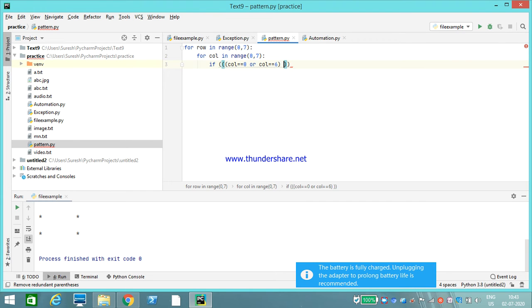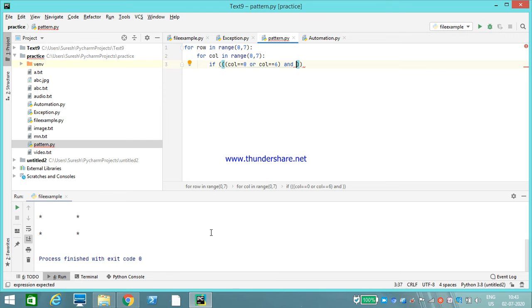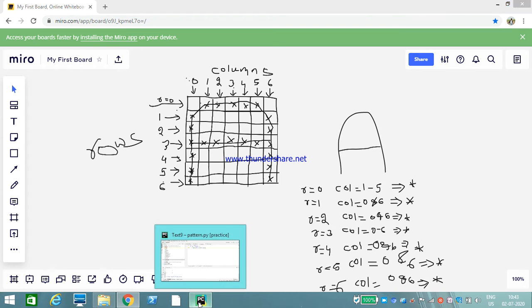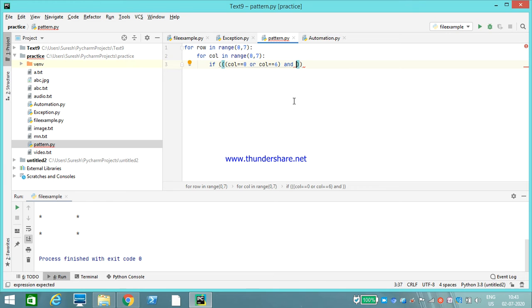Now this is included, right? Next, what do I need to do? I have to check another condition here. I have to exclude row 0 in column 0 and row 0 in column 6. To exclude that, I need to include row not equals to 0.